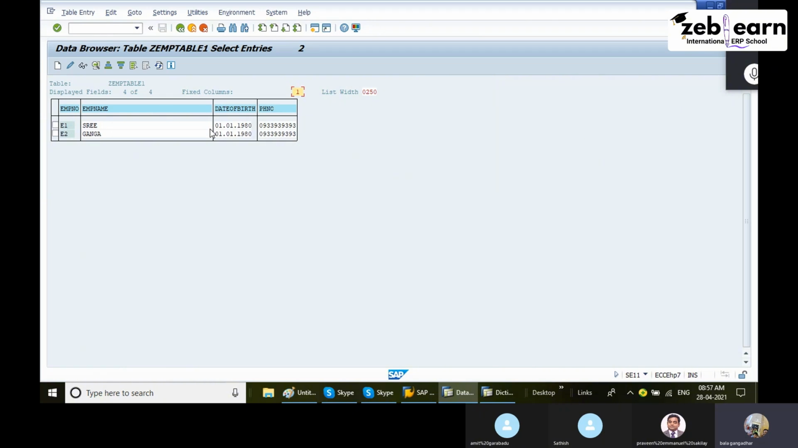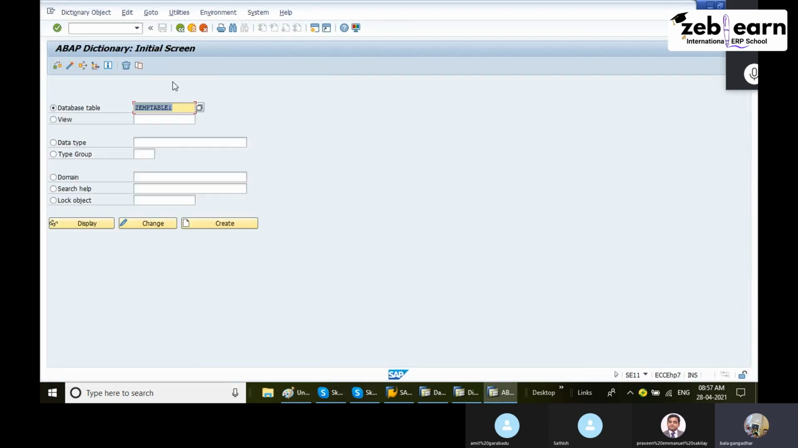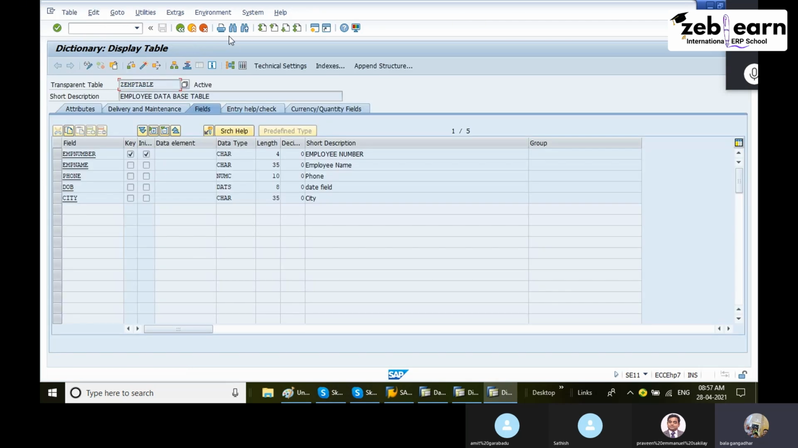This is with the data element creation, but no difference here. See, the output is yesterday's class and today's class. Let me open yesterday's class also. Okay, SC11, yesterday's class table, I am going to open here. This is the table name, display button,